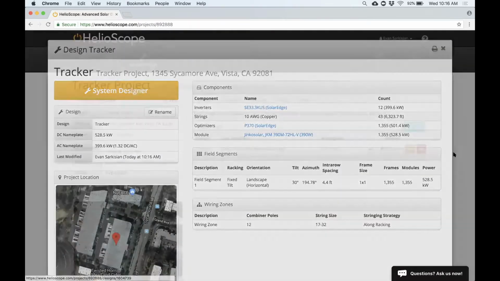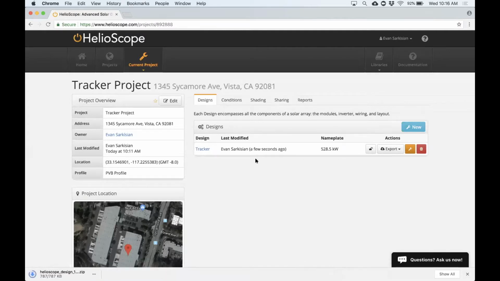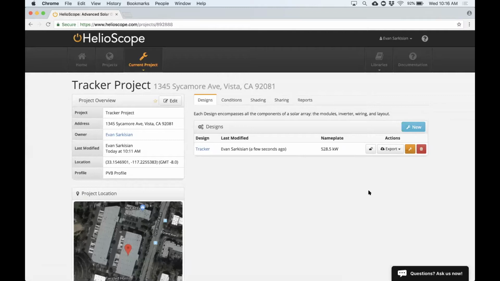And then if I want to take this layout into CAD, I can do that. I can click export and download a DXF of this layout and open it up in CAD. Of course, we also have the ability to integrate with Energy Toolbase and bring data into Energy Toolbase. And I'm basically done with my design at this point. So I'm finished with laying out the array. You can see that was pretty quick. And so now I'll hand this over to